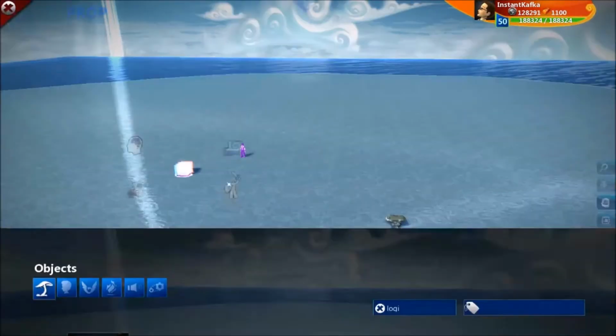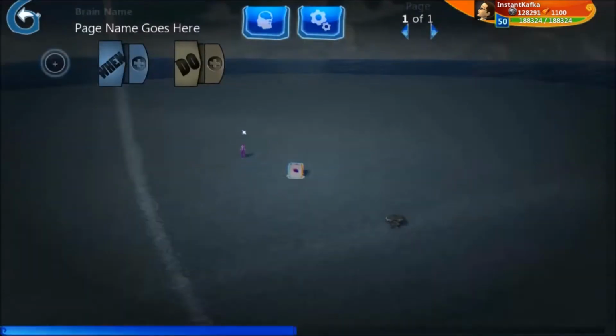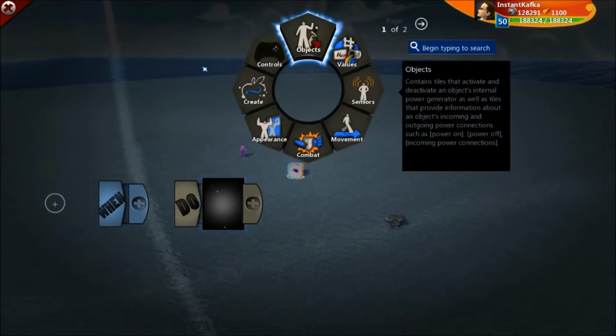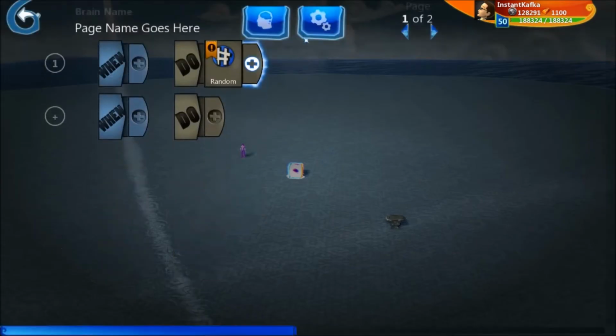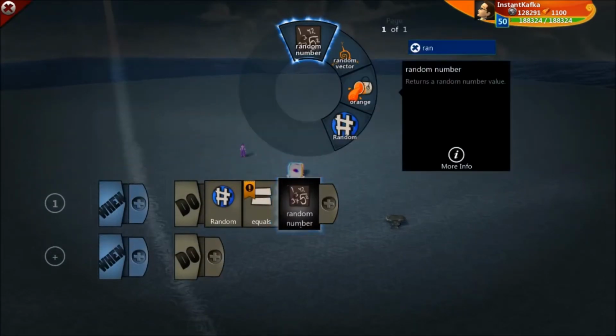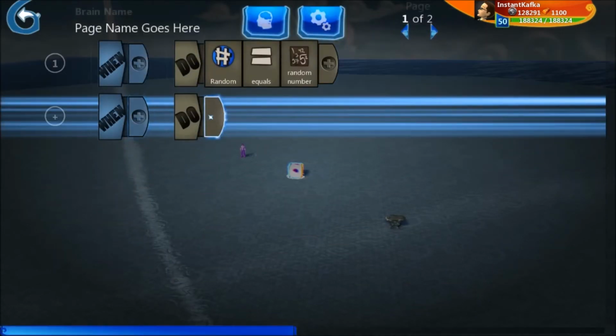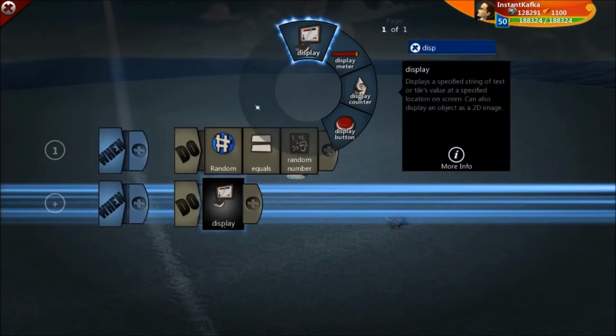Logic cube. And here we're just going to continuously get a random number. Random equals random number. And then we're going to say display